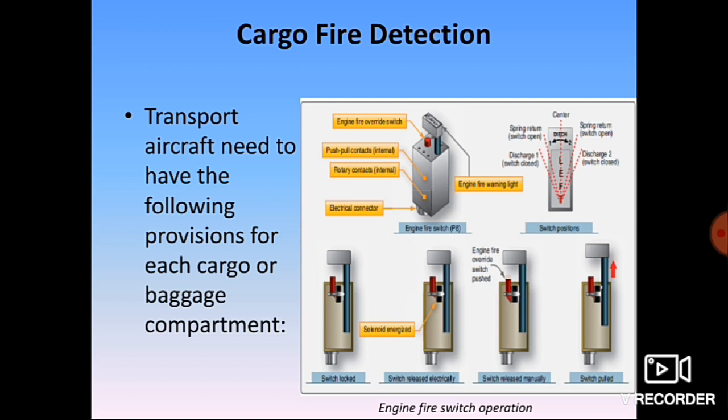And the next one is the system must be capable of detecting a fire at a temperature significantly below that at which the structural integrity of the plane is substantially decreased. There must be means to allow the crew to check in flight the malfunctioning of each fire detector circuit. So the next one is